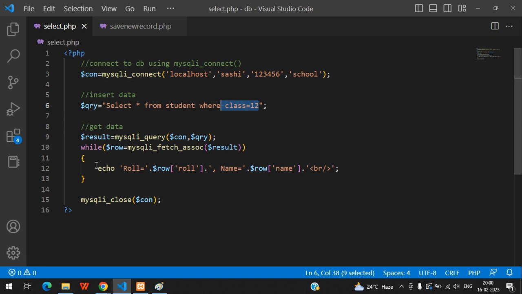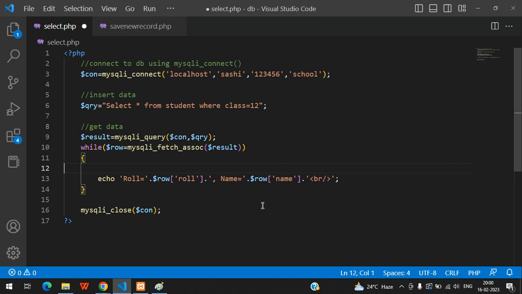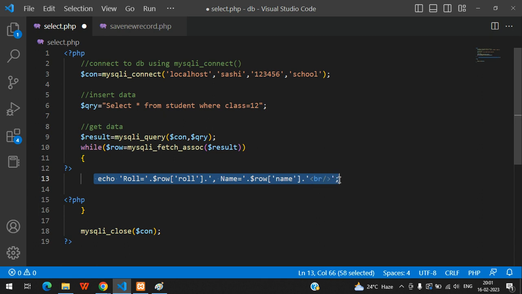How to do that? If you want to put that data inside a table, see here, we have table tags. We have to cut this part, this one. This thing is actually printing the data. So we cut the PHP code like that. See, this is the while loop, right? So before the while loop,